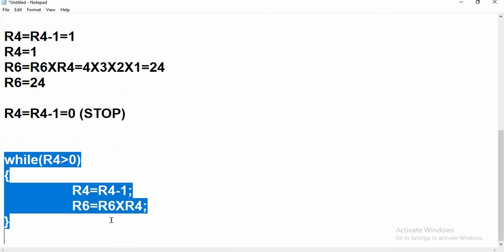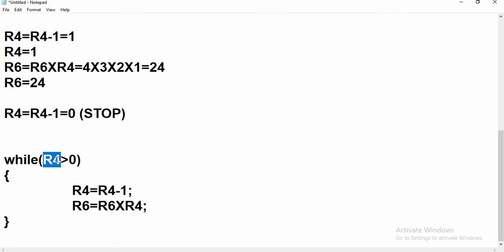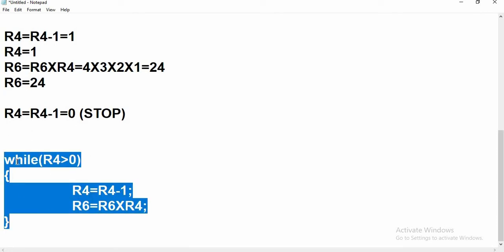So this will be your C code when you are calculating the factorial of a number. R4 is a variable which contains the number whose factorial is to be calculated. It is decremented by 1 and multiplied with R6 until R4 becomes 0, and our final result will be in R6. Here the same thing happens. Our final result will be in R6. So this is the C code.